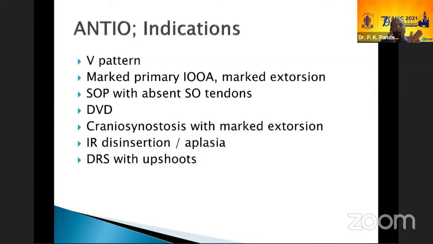It has not been very upshoots it works, but it may worsen the downshoot. So one has to be careful. If there is a significant downshoot, one should be careful while doing this. And some people have done ATIO after resection also. Resection and ATIO, once we were talking about the ATIO, about 5-6 millimeter resection, especially when there has been IR disinsertion, traumatic disinsertions. Some people have also done resection and ATIO, but with ANTIO that has not been described to my mind.